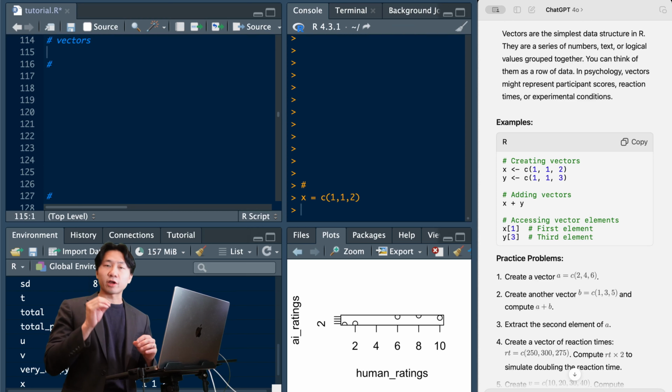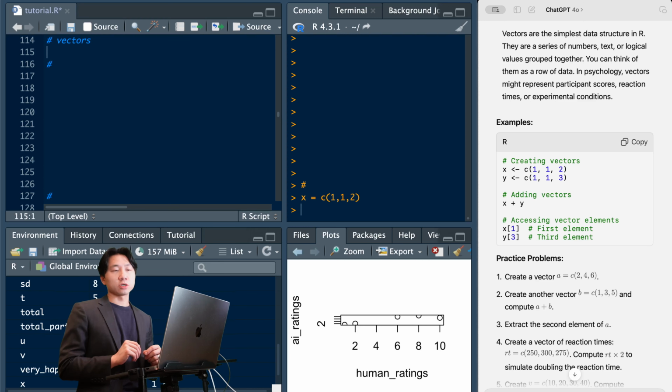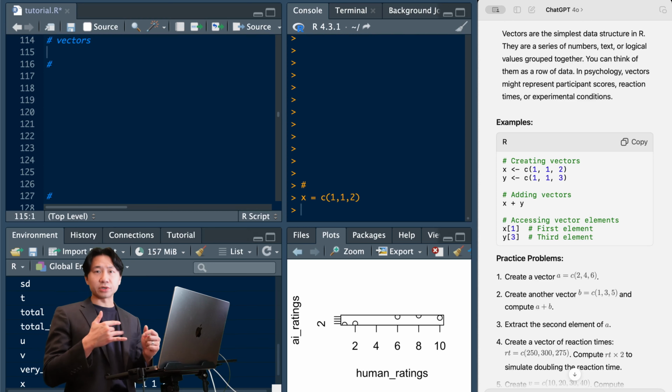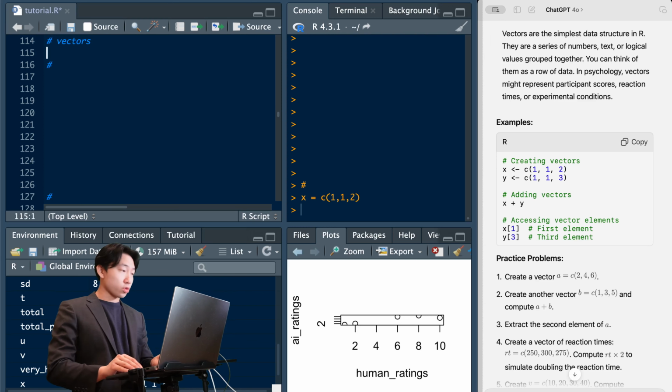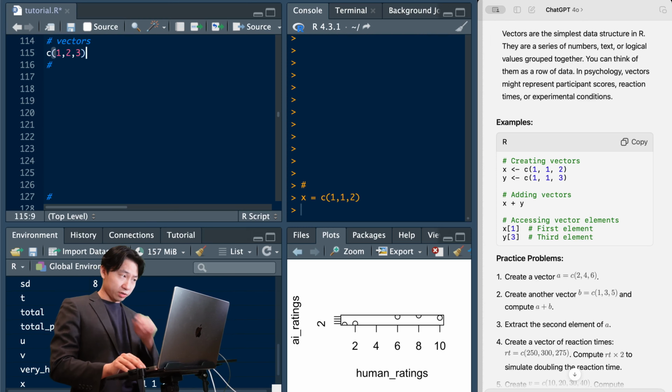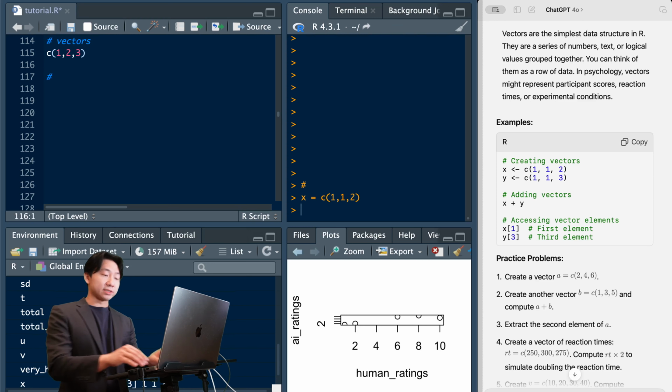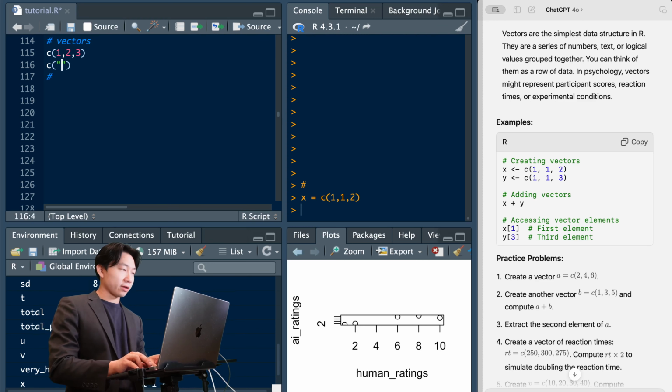Today we're going to be covering the simplest data structure in R, known as a vector. A vector is simply a series of numbers. It could be the series 1, 2, 3, right? So the series of numbers. It could be a series of texts, so like hi,